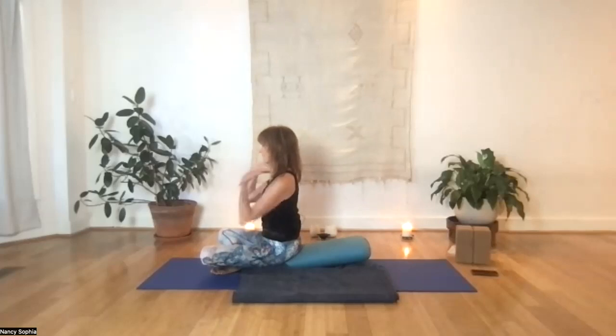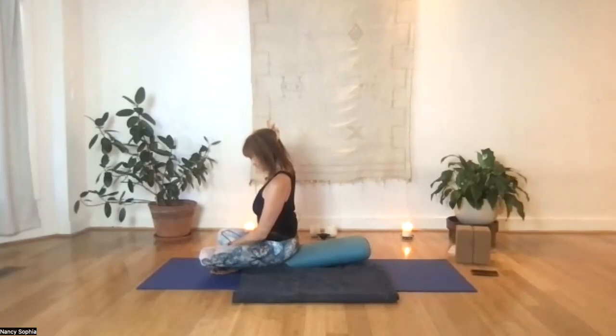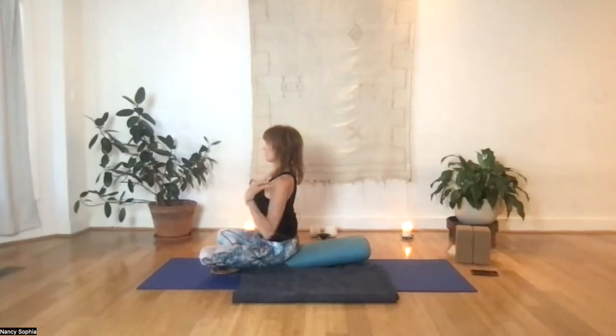So that's your thoracic. And then with your neck, there's a tendency to lead with the chin, and we want to pull the chin not down, but back and in. And then you'll feel the length in your skull. There's that tendency to do this, which crunches the neck, or in this day and age, tech neck is this, always looking down. And then this overextends these muscles and creates a lot of discomfort. Okay, so we want to lift up, or if you're looking always to one side, or you sleep funny on your neck. So bring the earlobes over the shoulders, shoulders over the hips,